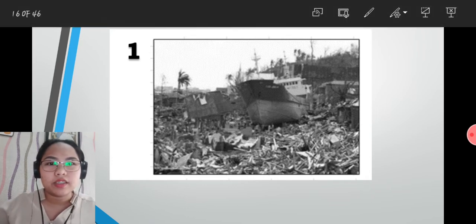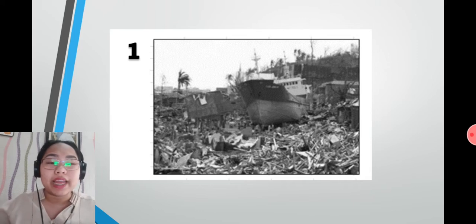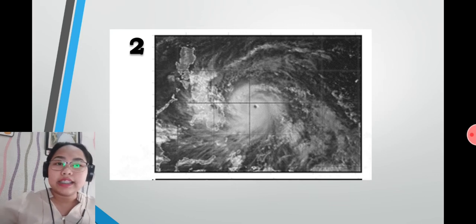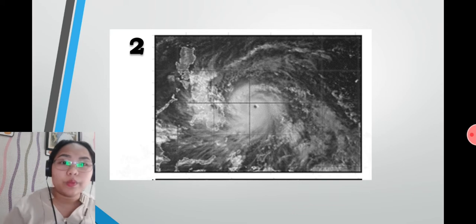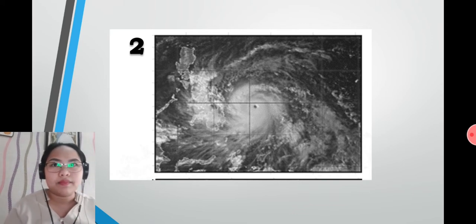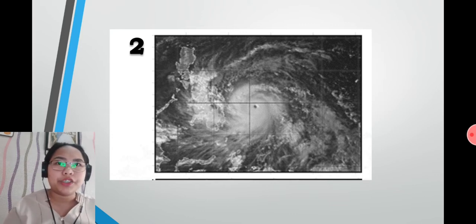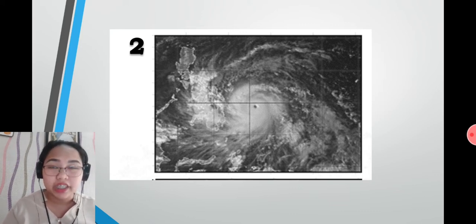Very good, students. You were able to analyze the picture number 1. Number 2. How about this image number 2? Yes, we can see the map of the Philippines. What else? Yes, we also have an intense circular storm. So how do we interpret image number 2? As an interpretation, the second picture shows a tropical cyclone that will cross the Philippines. That's brilliant. Very good for your interpretation.